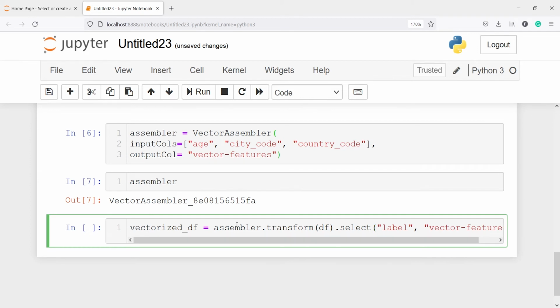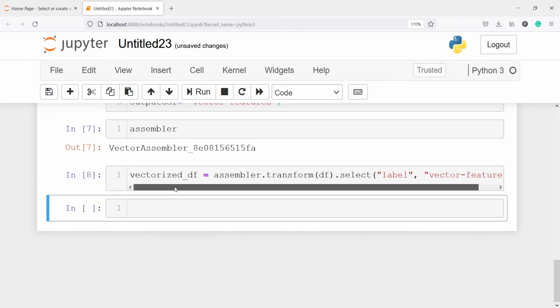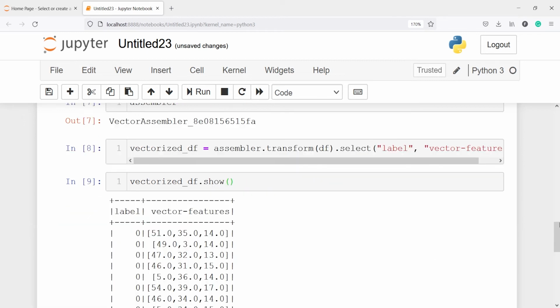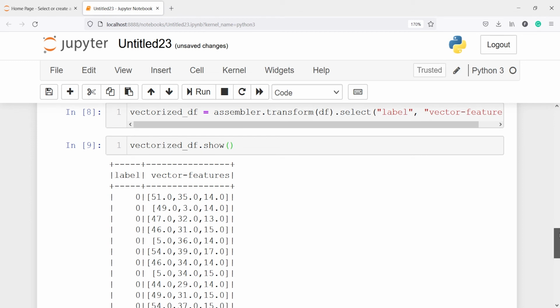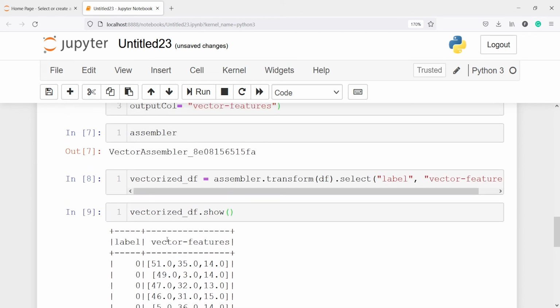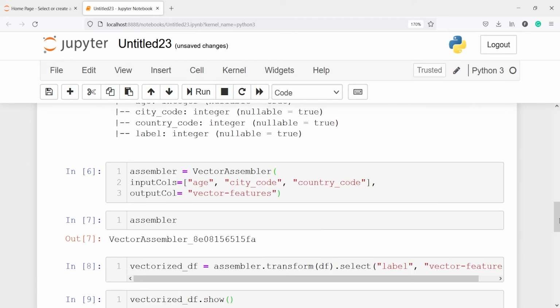Let's execute our code. Now I will show you this data frame that we are having. I will call vectorized_df.show, and in the output you can see we got a data frame here. So this is a vectorized one. We have this label and these are our vector features. We had three variables, age, city code and country code.